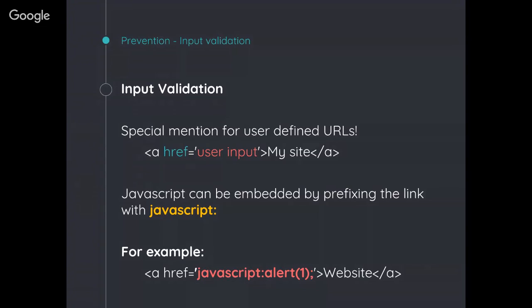Because normally with a URL, you always see it starting with http: or https:. But if you put, say, javascript: and then just put JavaScript behind it, when someone clicks on that link, it will run that JavaScript in their browser. Which is always an interesting case. For example, you're like, oh, visit my browser. It's javascript: